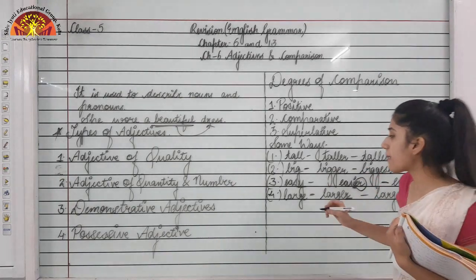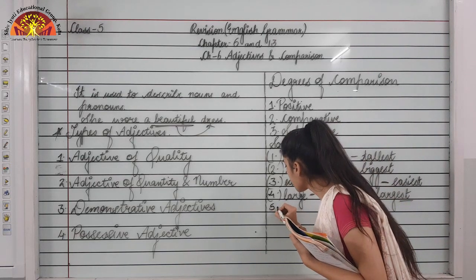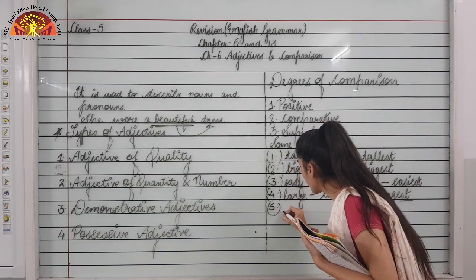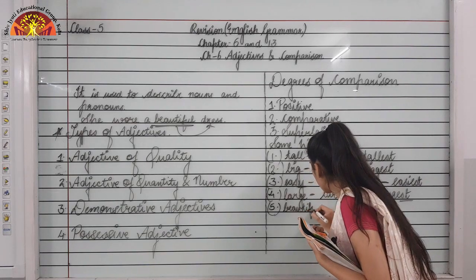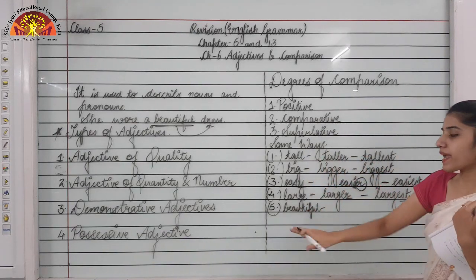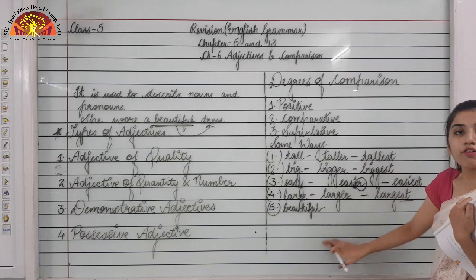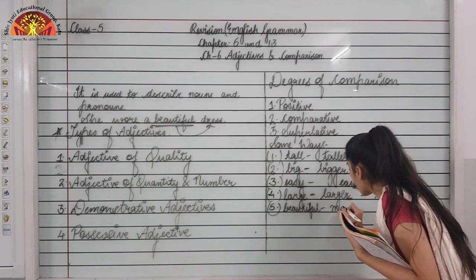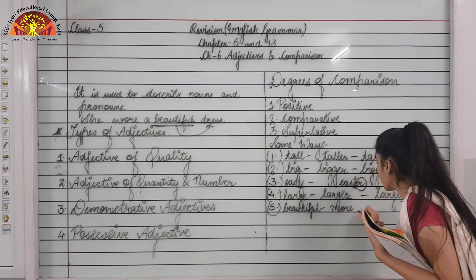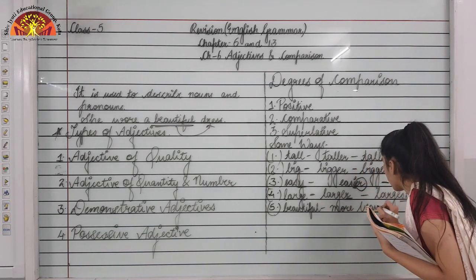For example, let's take beautiful. To make the comparative degree of beautiful, we'll add more before beautiful. So more beautiful,